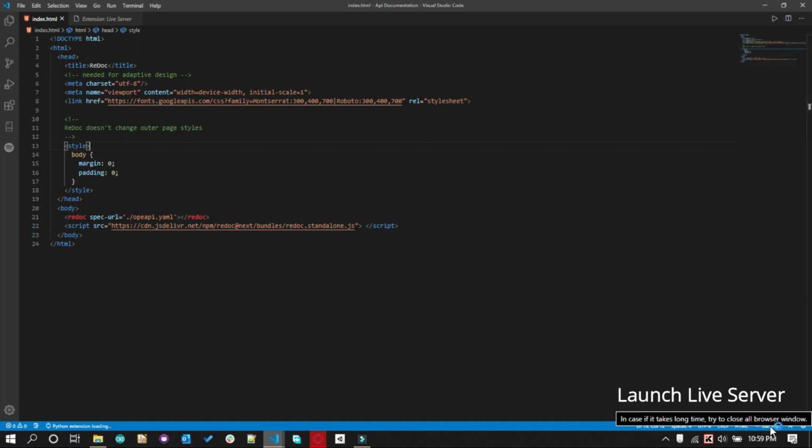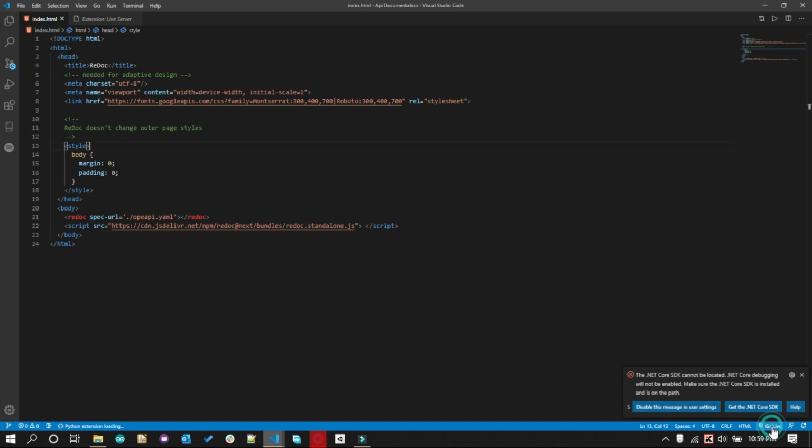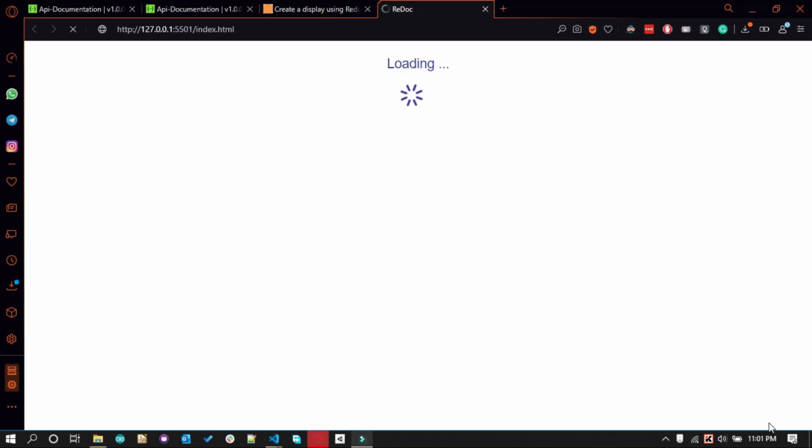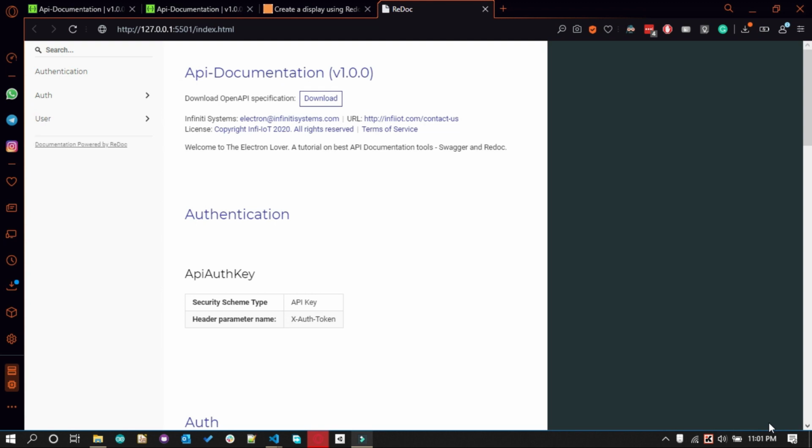After the extension is installed, click on this Go Live button from the live server extension. After clicking it, it will host our project on a local server. So that's it. Our API documentation using Redoc is ready.